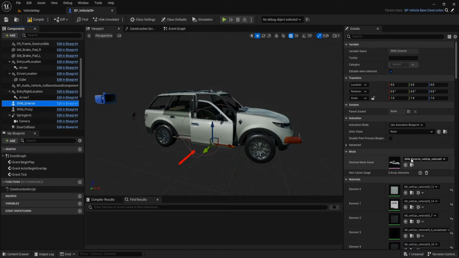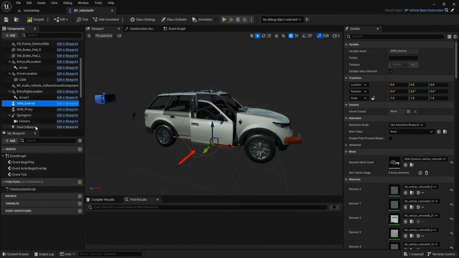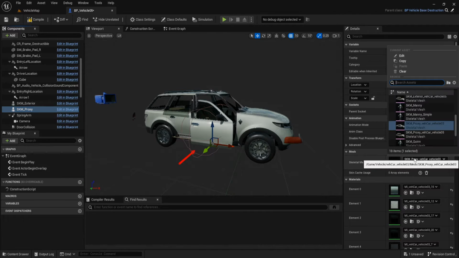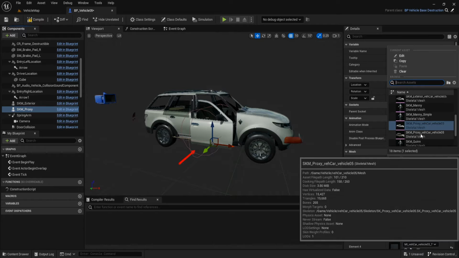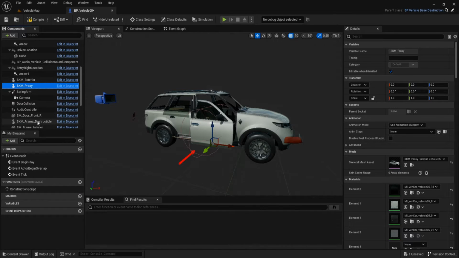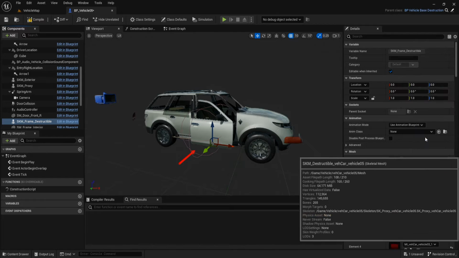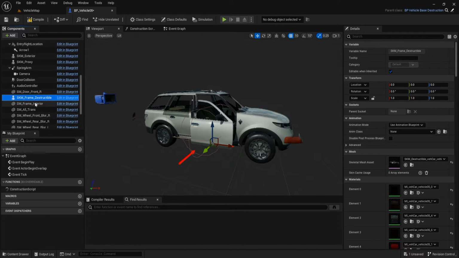And SM exterior Vehicle5, this proxy, and this proxy, and the SKM Destructible, change it to Vehicle5,